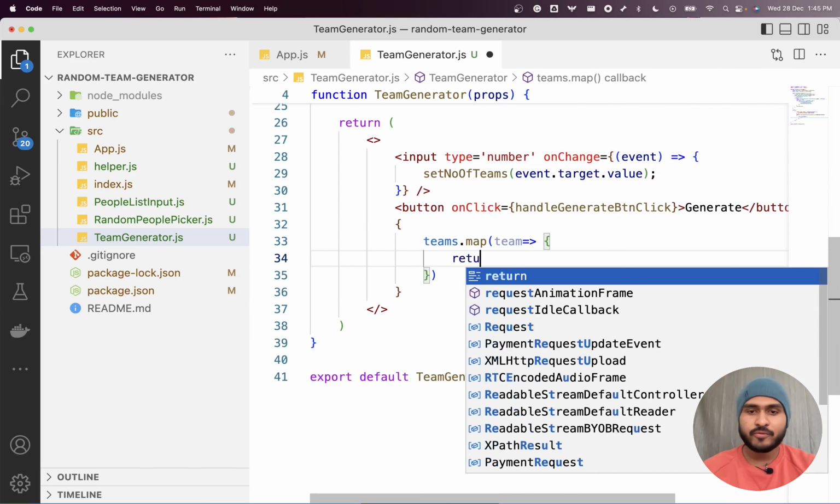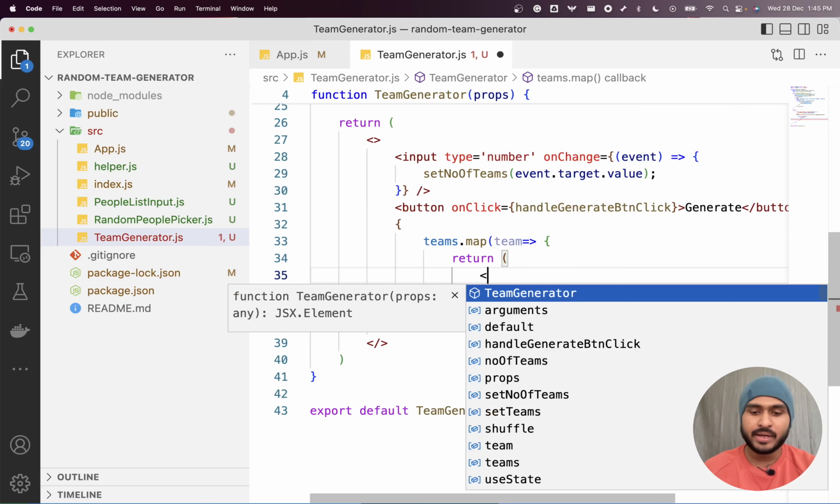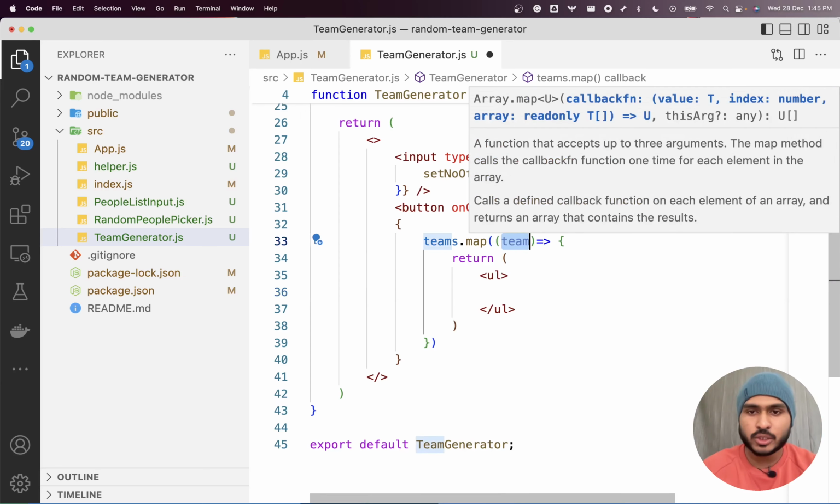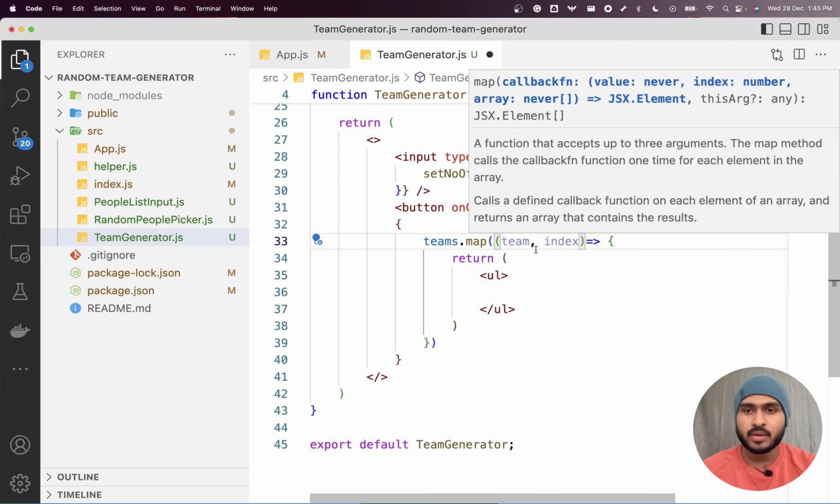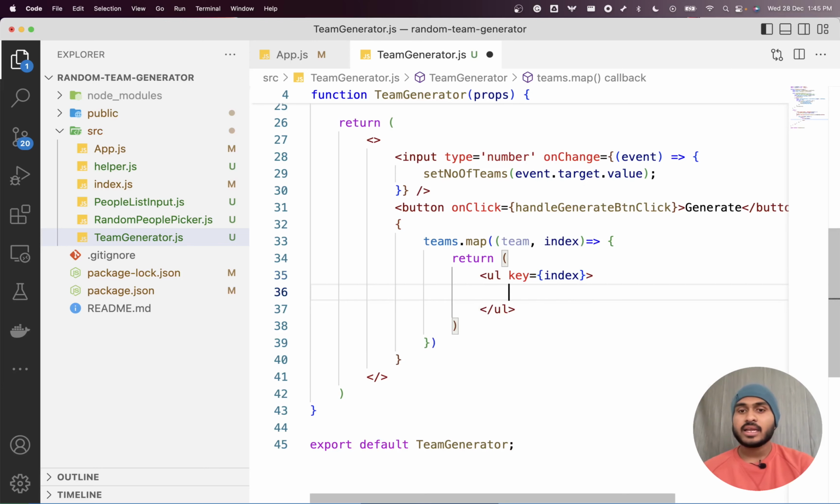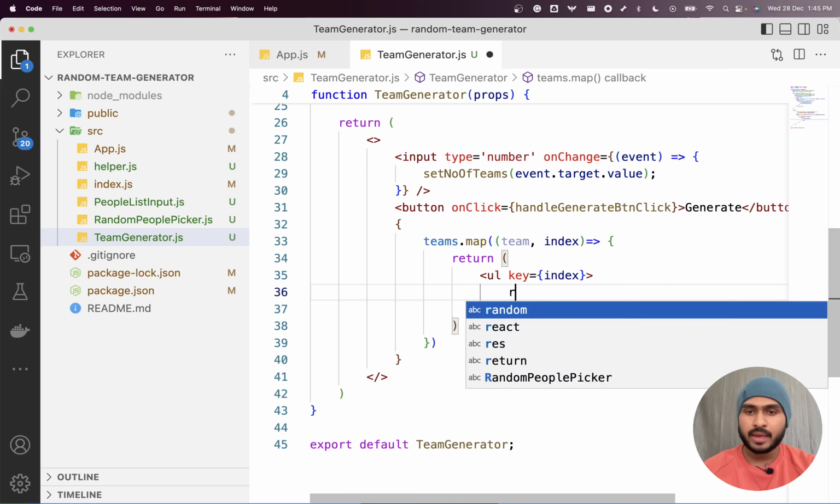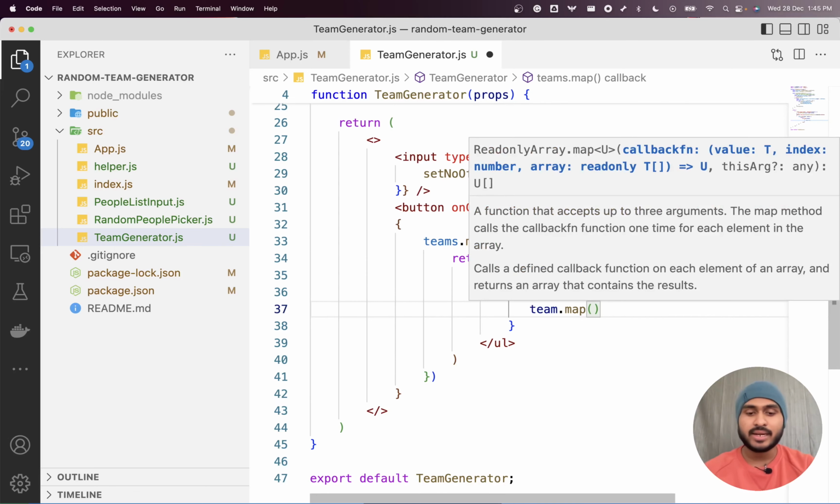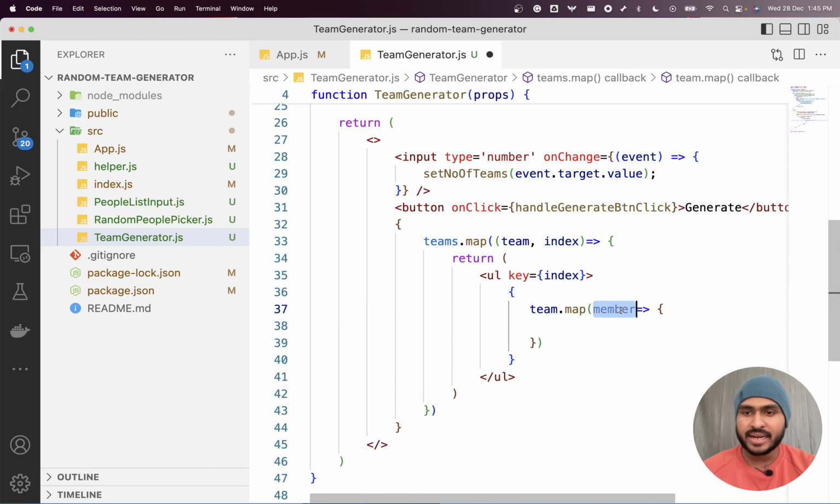So a single team will be wrapped inside one UL element, and in this UL element we need to show the members of that team. So let me also take the index of the team. This index will be the key of this UL element. Now in this UL element we need to return individual members. So in this UL, let's take a team and map on it, because this team is an array of team members, right? So let's take a member from this array and also the index of that member,